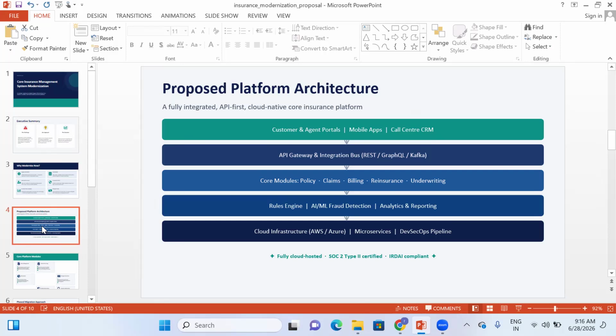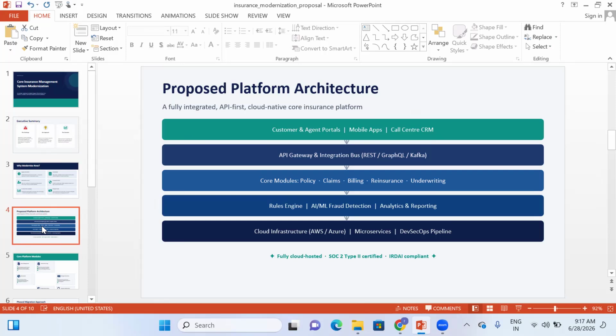Next, the rules engine, the business rules engine, has to be updated. Based on that, we have to provide instructions to the system to perform it. Any fraudulent activities or claims that are received have to be identified through AML, by creating some patterns or something, and creating some analytics and reporting. Everything can be done in this.